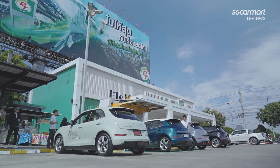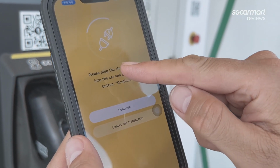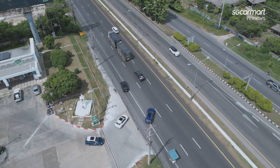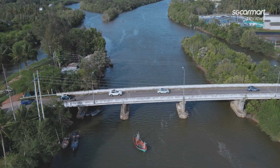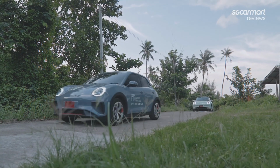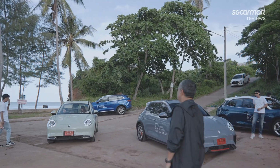And just like what we have in Singapore, charging is settled in a relatively fuss-free manner too, with the Elex app. Our route over day 1 and day 2 continues to cut through Prachuap Khiri Khan before taking us into Chumphon. Here, there is no shortage of natural sights awaiting, and for anyone that loves the sight of the sea, this